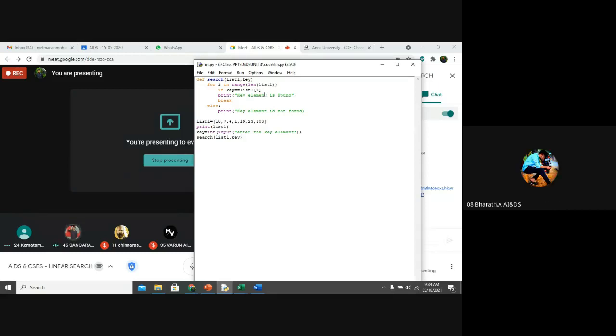If the key element is inside the list, then this statement will be executed, the loop will break, and the output will be printed. If the key element is not present in the list, it will check all the elements in the list, and in all of them the key is not found. For that purpose, I have used this else for the for loop, and I am printing that the key element is not found.